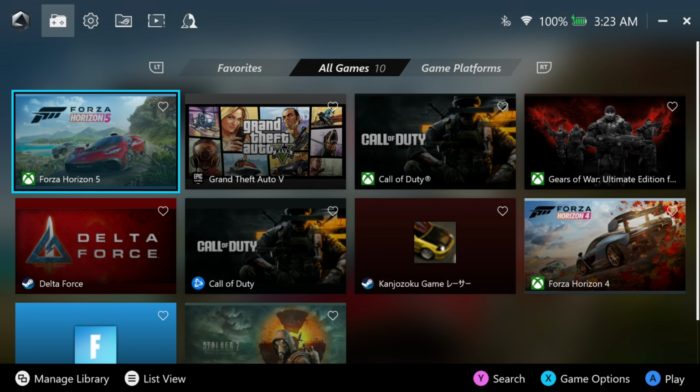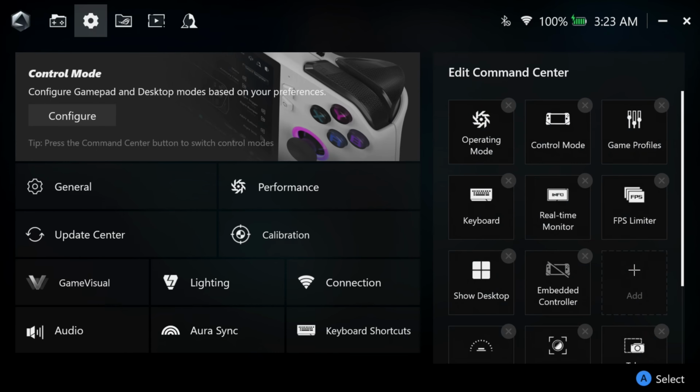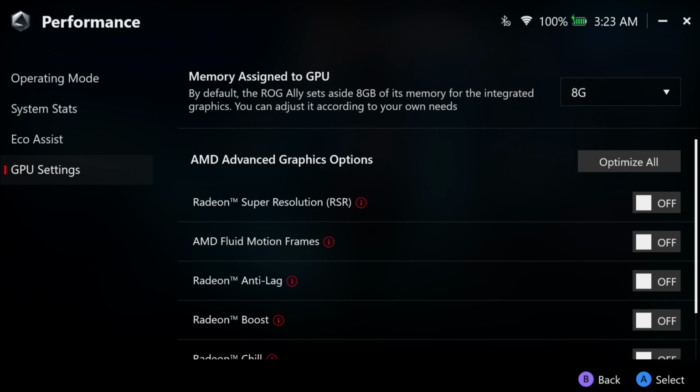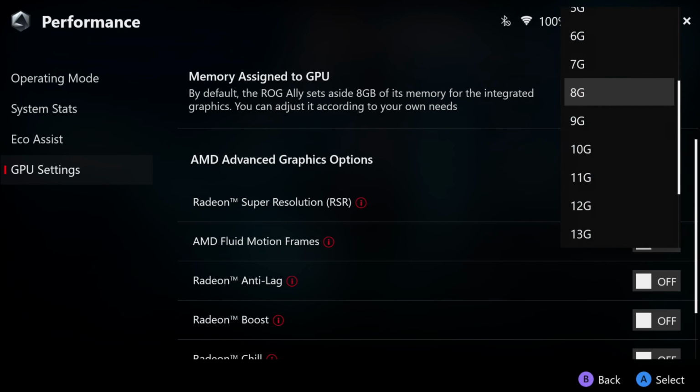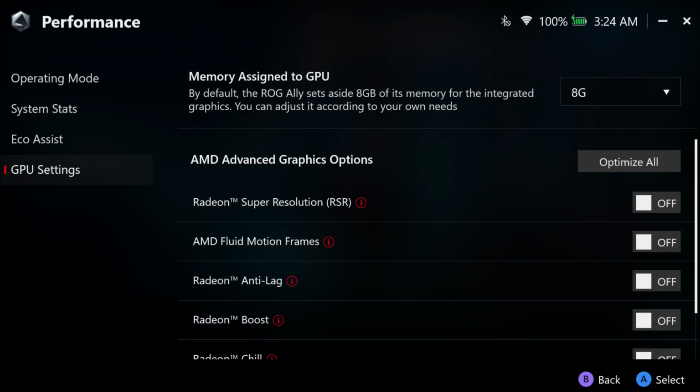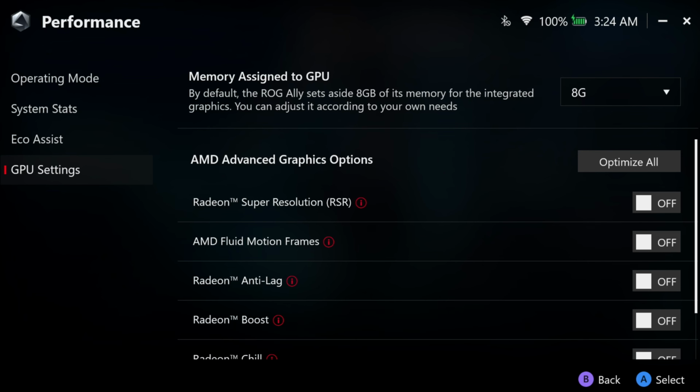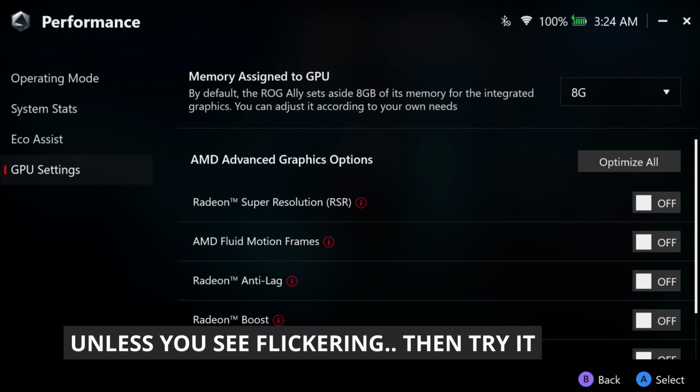in here. If you have an ROG Ally X, this is the most important step possible. Go over here to performance and then go to GPU settings. You need to change this from 8 gigs to auto. The reason is it will not load in the textures properly on Black Ops 6 for some reason. They'll look a little muddied, and they'll also flicker at times when you're staring at stuff. But if you're on an OG Ally, Legion Go, or any other device, 8 gigs is where I would stay